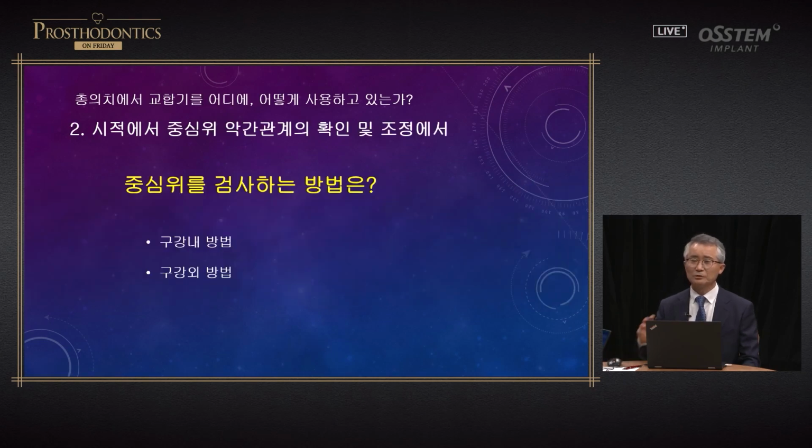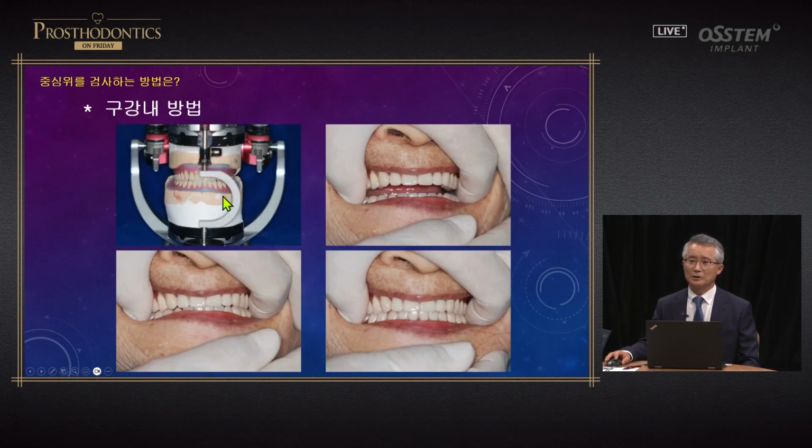Next, what is important is to check the interarch relations and CR. You need to do verification, and if done wrong, you need to make adjustment. And using articulators is a very good way. There's intraoral and extraoral method. This is intraoral method. The denture is placed intraorally, and there's a touch and slide method. When there's slight contact, you tell the patient to stay still and then remove your hands and have the patient move. But I cannot really tell the difference.